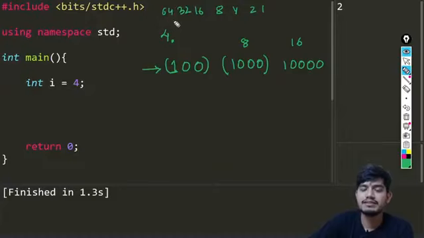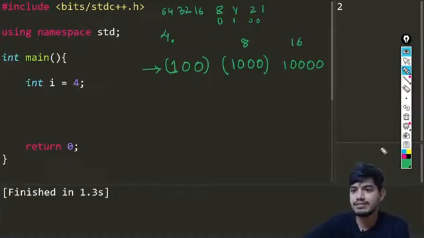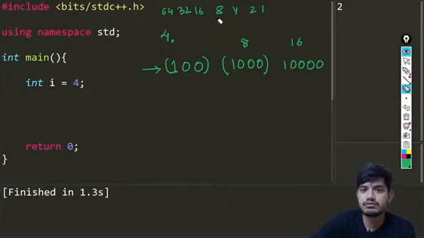So only one bit is set. For example, for 8, only this bit was set, all the values were zeros. For 4, it was the only bit which was set, all values are zeros, like this. I hope this is making sense to you. This is the only thing we just need to remember in this case, so that we can make logic from this. This is nothing but 4, this is basically 8, this is basically 16.